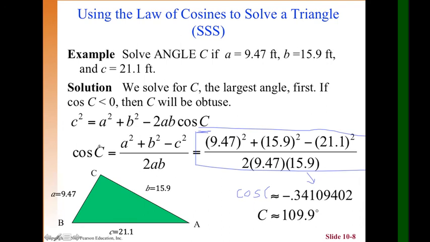Pero may cosine C. So, alisin natin si cosine. Kagaya ng ginawa natin kanina sa sine, magkakaroon tayo ng reciprocal. Okay? Or inverse, no? So, ano ang inverse ng cosine? So, that is cosine raised to negative 1, then multiply it to negative